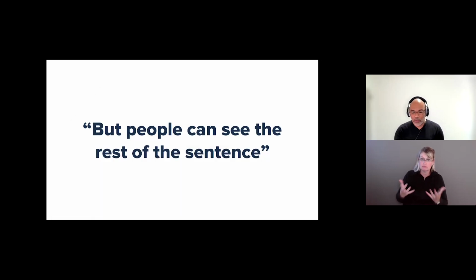In one meeting that I was in, I was explaining how you don't want to use language that focuses on a mechanic because it loses the context. And there was someone in the meeting who said, but can't they just see the rest of the sentence? Well, that's the problem. Not everyone can perceive the sentence that the link is in, or the content that comes before it, because we all don't navigate websites the same way.